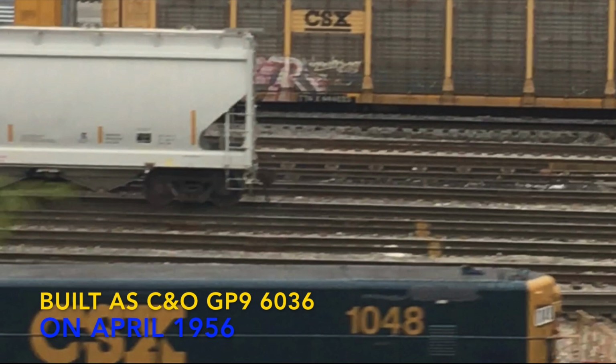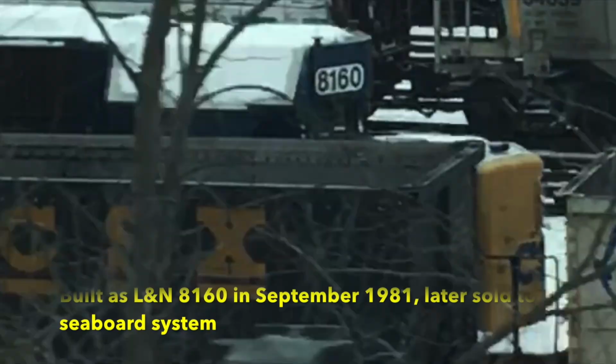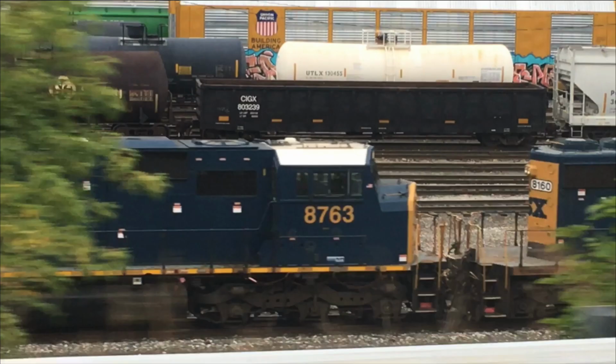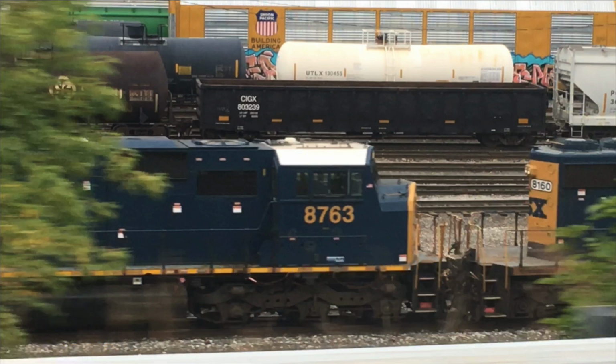We first got Yard Slug number 1048, then SD40-2 number 8160, but then we got to one locomotive that is impossible to see as of 2021. That's right, SD60M number 8763. These units are impossible to see, and there are only 7 to 10 of them left. Including 3, which are stored at Lakeland and Waycross as of today, but were retired sometime in July and August